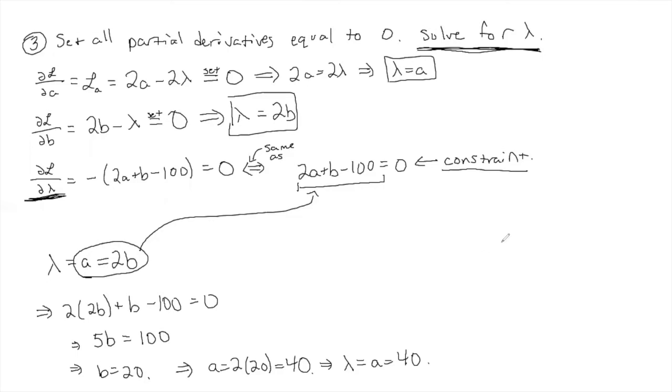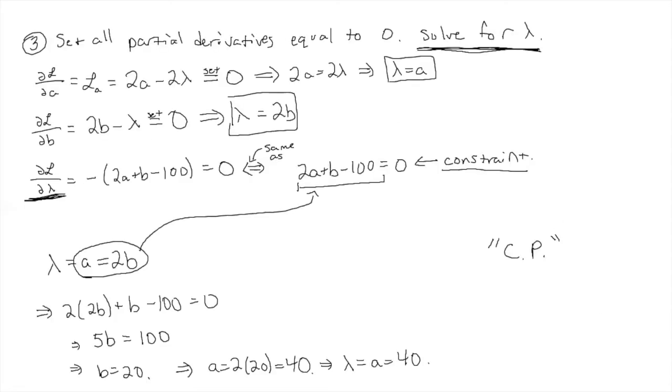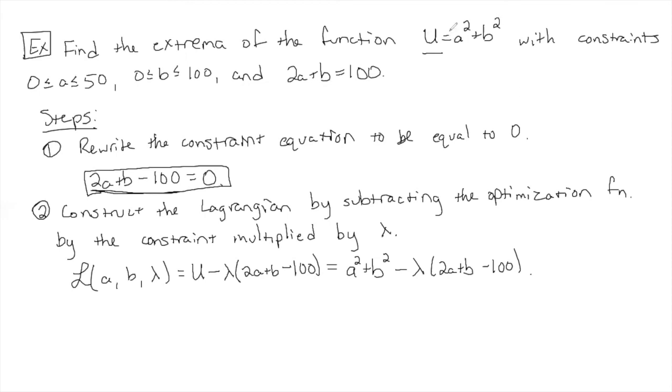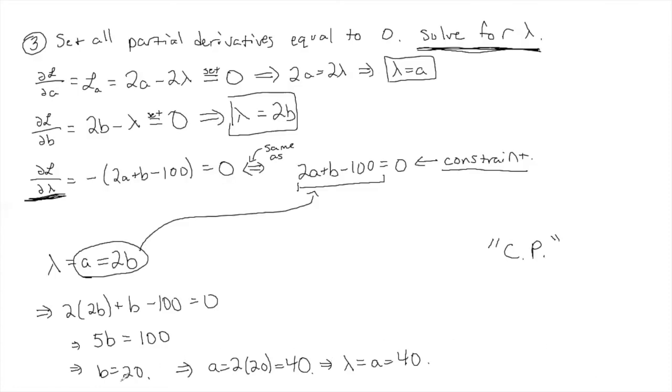But now, these are, I'll put this in quote marks here because it's not quite, these are sort of the critical points. But there are other points I have to check to find extrema. I have to check endpoints, and I call them EP as well, right? So we have to find the outputs that correspond to the critical points, which we just found. This is a critical point here, a comma b,